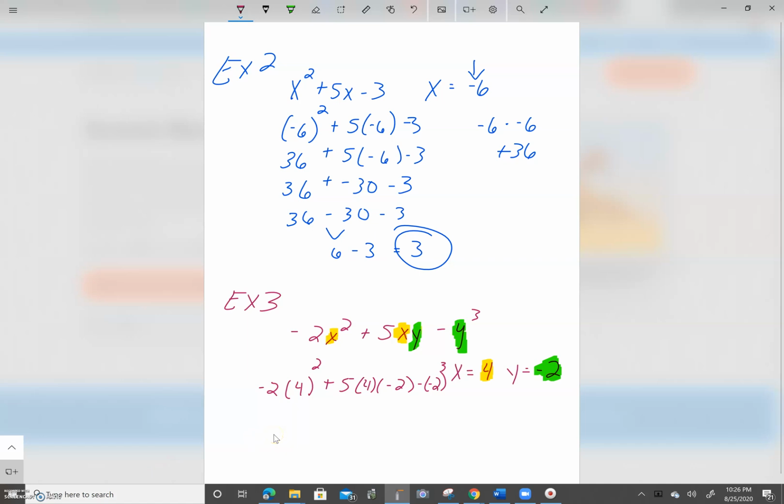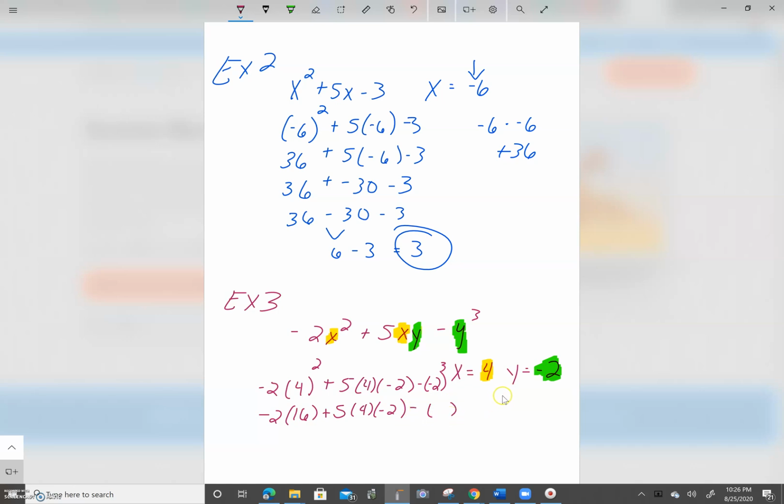So again, I don't have any operations happening inside parentheses. I just have numbers. So I'm going to skip to doing the exponents, and I have 2 of those. So nothing changes. I have -2, but instead of 4 squared, I'm going to put 16. Plus 5 times 4, this isn't their turn yet, times -2, minus,